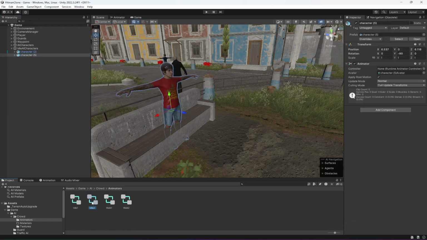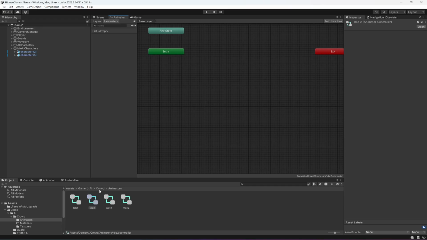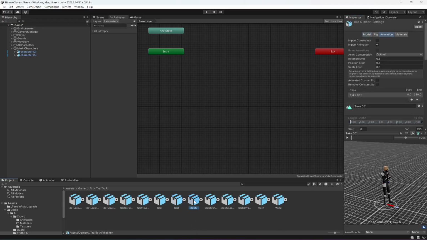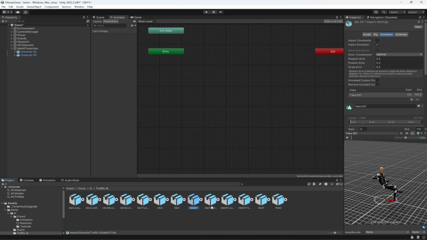Select this character and drag and drop it. Alright, and now in this idle2, what we're gonna do is add the same animations but in the opposite sequence. For example, in the previous one, we added these animations 1, 2, 3, 4 in the forward direction. Now we're gonna first of all add the last one, then the second, then the third,